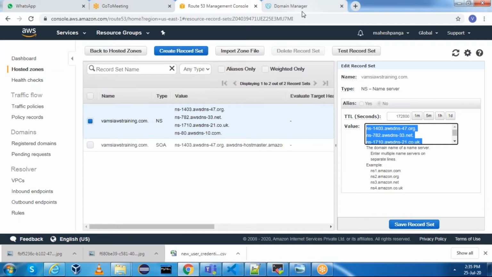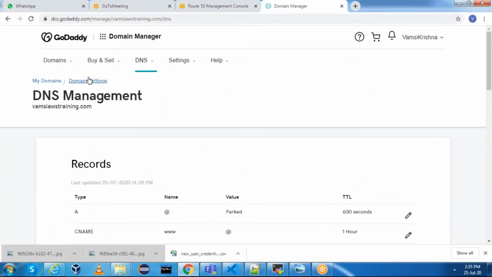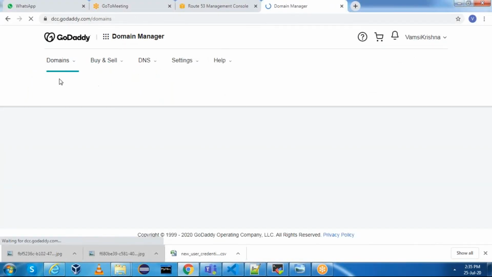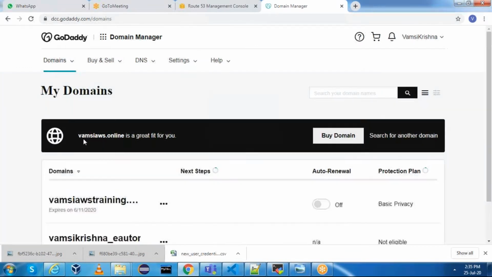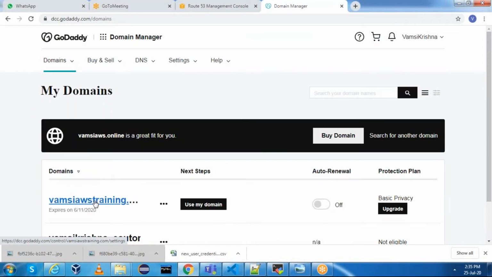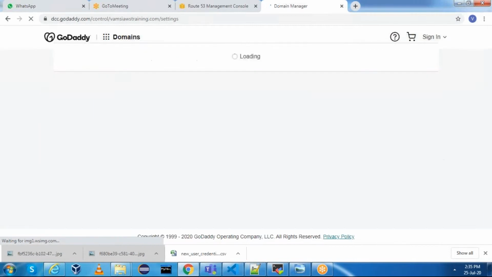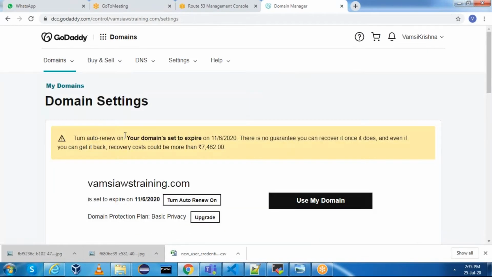Okay, for that, go to GoDaddy, and in the GoDaddy you will go to domains, right? Whatever the domains you purchase, you will go to domains. Click on the domain. This is my domain.